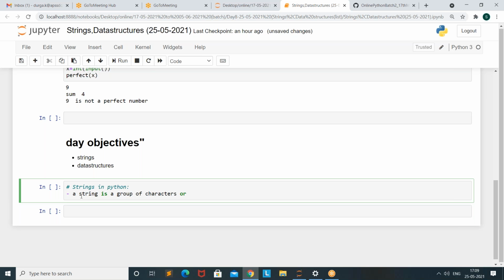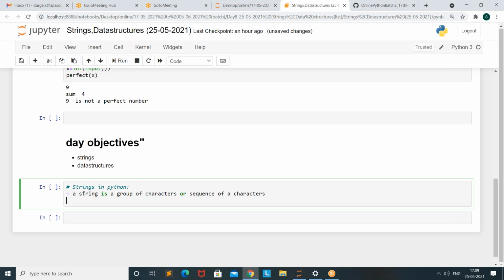So it is a most popular data type also, right? One of the data types.